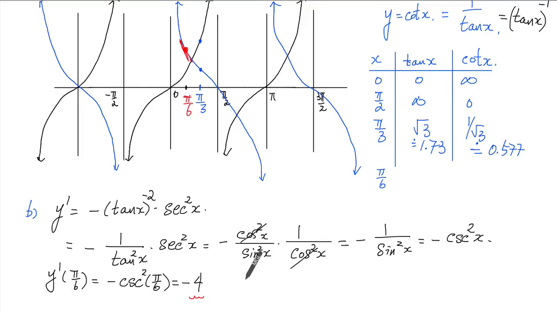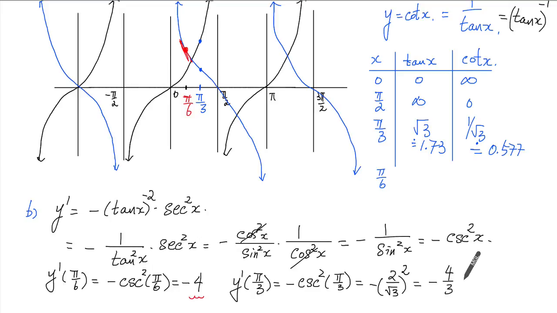We can do the same thing for pi over 3. Let's find the instantaneous rate of change at pi over 3. And we're going to get negative cosecant squared pi over 3. Okay, and sine of pi over 3 will be √3 over 2. So this will be 2 over √3. And we're going to be squaring that and putting a minus there, so we get -4 over 3, which is approximately